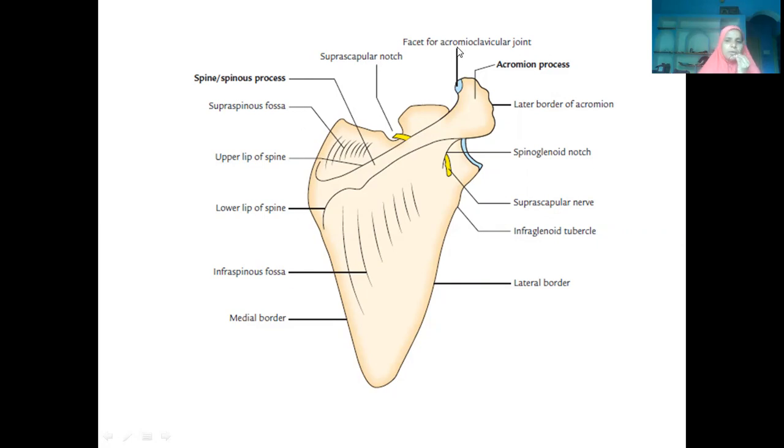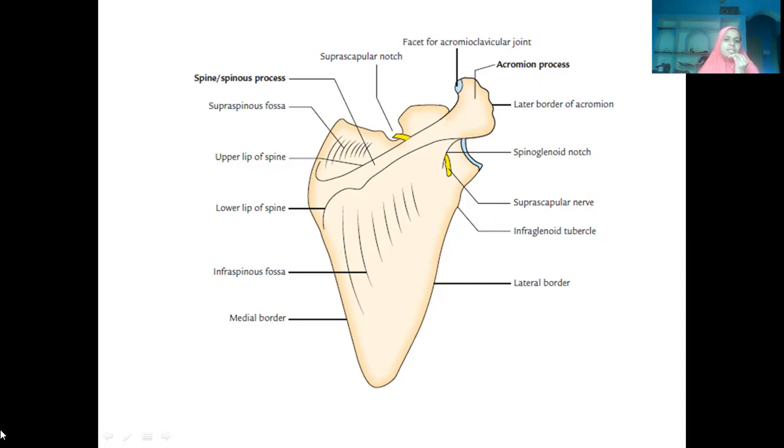Oh, this is medial only, no? So this is the medial border of the acromion, and the lower lip becomes continuous with the lateral border of the acromion. This is the medial border of the acromion because this is toward the midline. The glenoid cavity is away, so that is the lateral border. This is the lateral border of the acromion, and this is the medial border of the acromion process. Near the medial border, at its anterior end, you again find a bluish area.